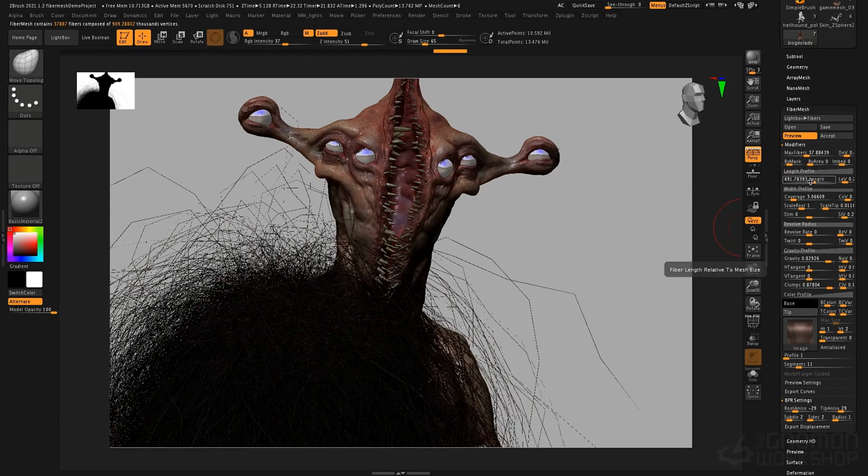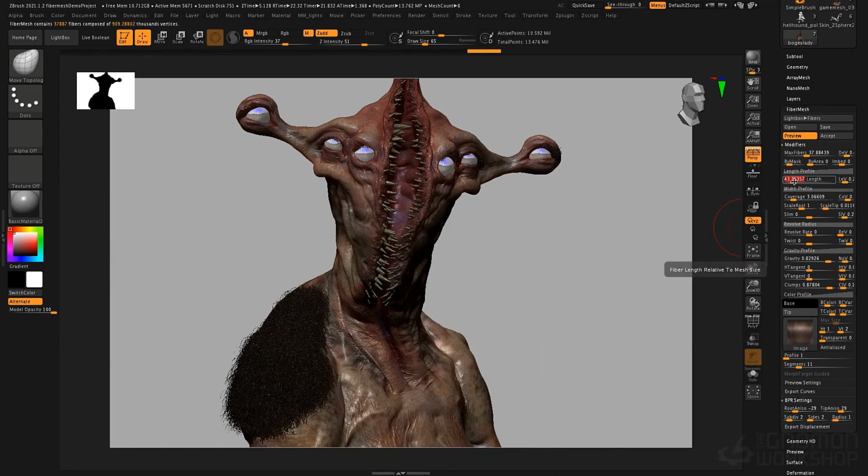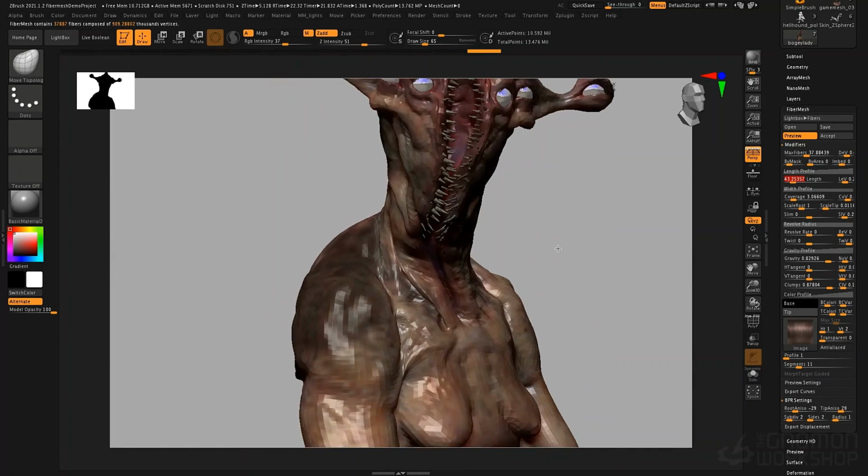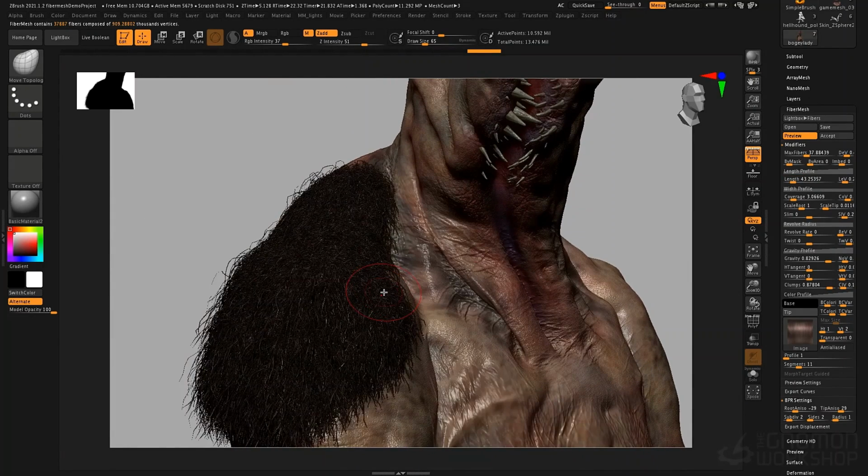So the first thing I want to do is dial my length down. We'll bring that down to about 43. And I'll zoom into the shoulder here so you can see it. Now this is a preview of my Fibermesh object, which isn't in and of itself also a preview. Now what that means is this object doesn't exist as a subtool yet. The Fibermesh preview allows me to edit these settings, get this looking how I want it to look. We can even test it with the renderer here. And then once I'm happy with it, I can accept, and that will create a subtool, which is a Fibermesh